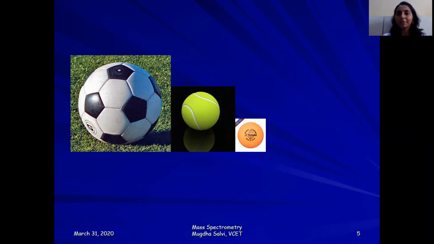What is happening in that? The ball which has more weight will not get deflected at all. But the ball which has the least weight, that is the table tennis ball, will be deflected the most out of the three. That means when I'm throwing the three balls in the presence of strong wind, my balls will not travel in a straight line, but they will deflect. And they will deflect on the basis of their weight.